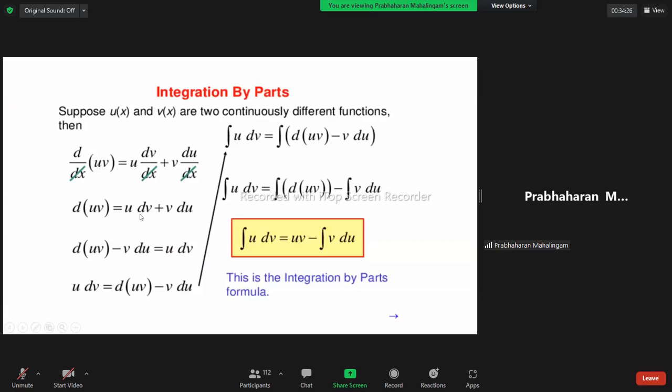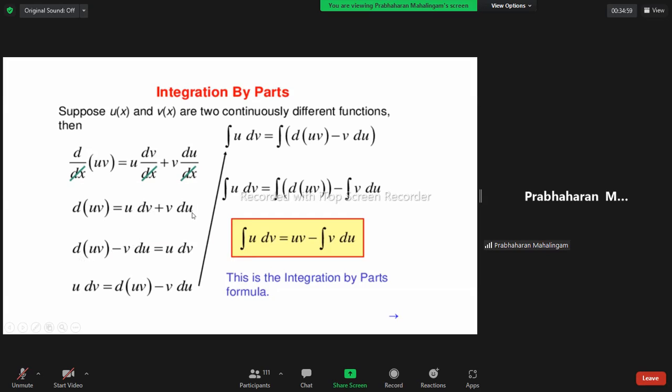Very simple. One function is held constant, the other one is differentiated, plus the other function, which one? The earlier differentiated function should be constant now. You see dv is a differentiation of the v function, then the v function won't be constant. One function should be differentiated, the other one constant. So it's clearly d of uv.